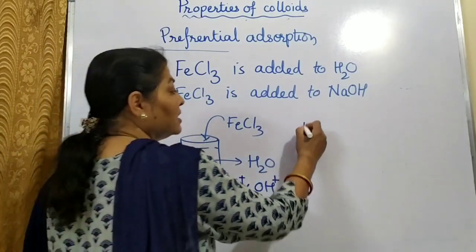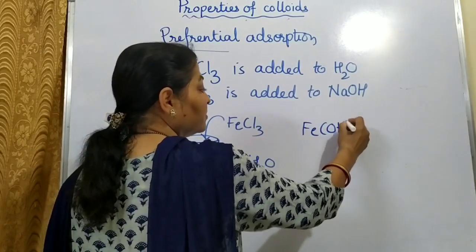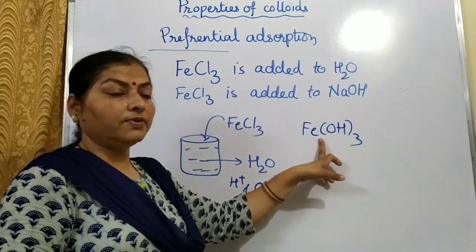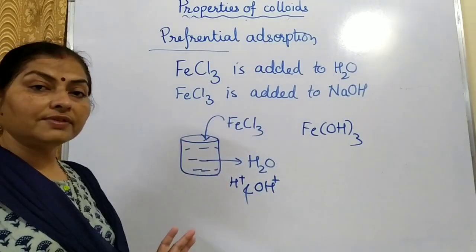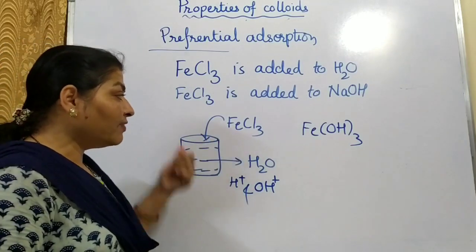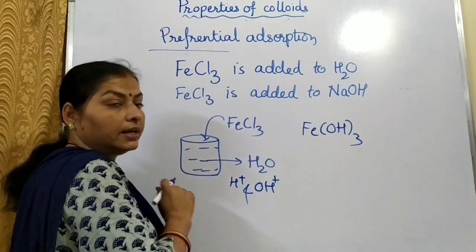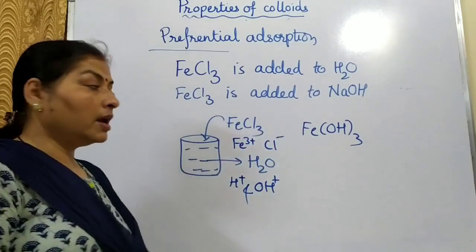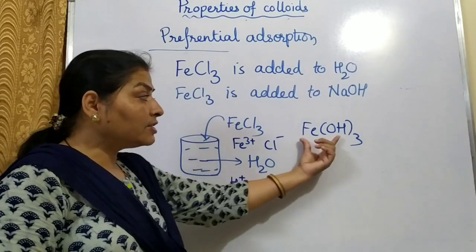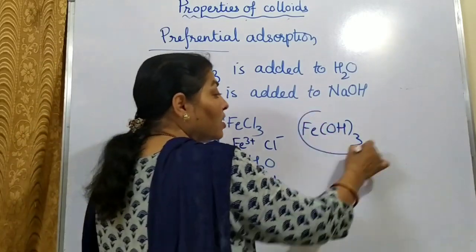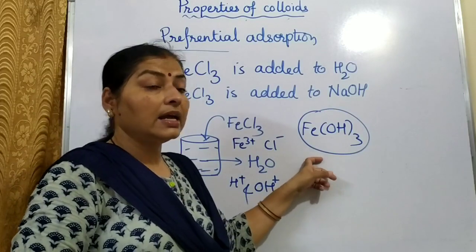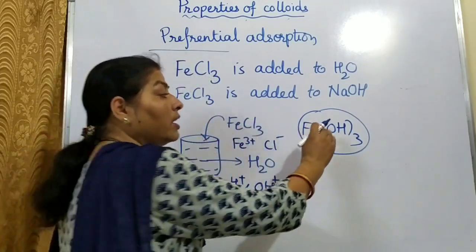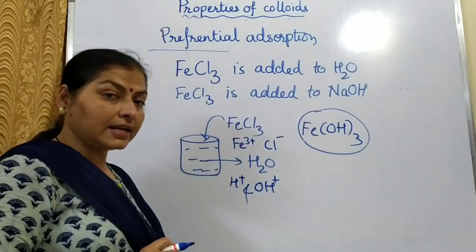The salt formed in this case is Fe(OH)3. Hydrolysis of ferric chloride takes place, so Fe(OH)3 salt is formed. Now in this case, water does not have a sufficient number of ions. So whatever FeCl3 is entering the container is also providing Fe3 plus and Cl minus ions. Now the condition is that whatever sol is formed will adsorb on its surface one of the common ions, meaning either adsorption of Fe will take place or adsorption of OH minus ion will take place.